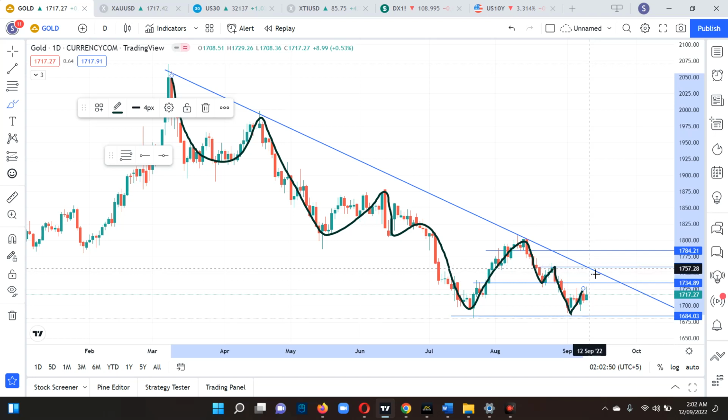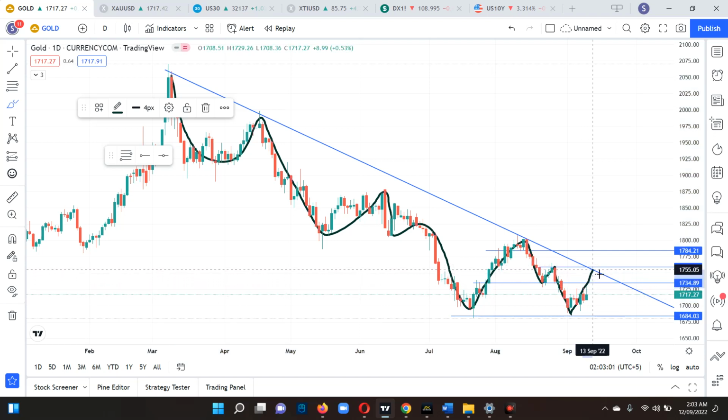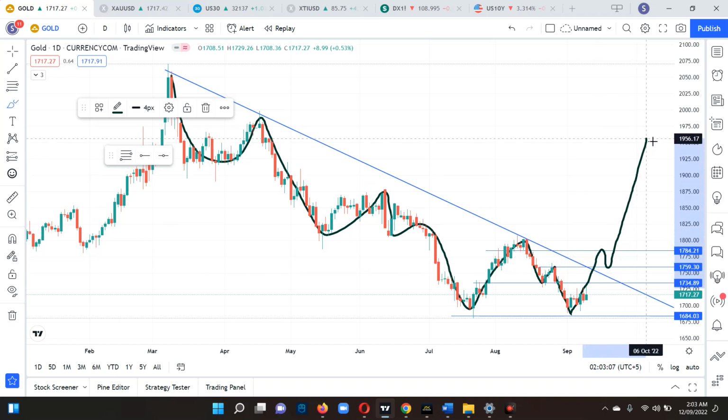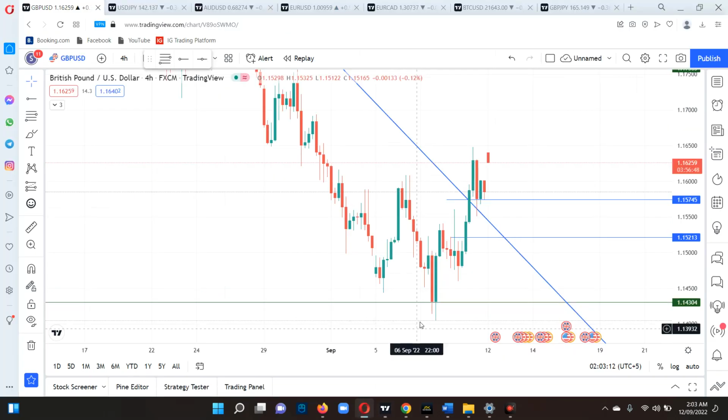But the thing is, guys, for a better buy, the best buy would be if the market gives us a closing above the 1760 area like that. If the market breaks it, goes like that, gives us the closing above that area and a proper retest, then it looks like the market can go much higher, as I mentioned in GBPUSD. So this is a possibility we have right now.